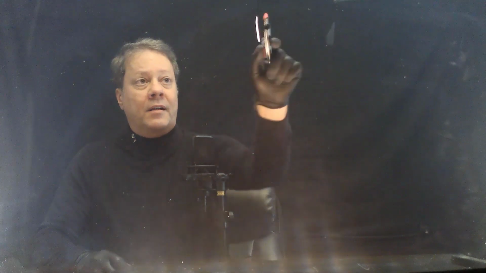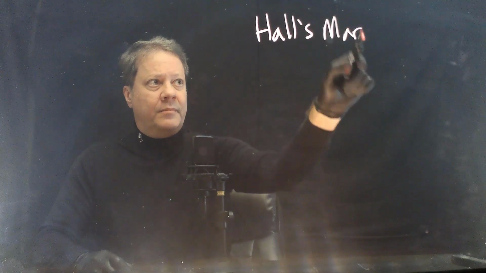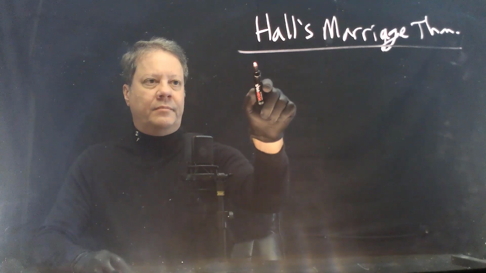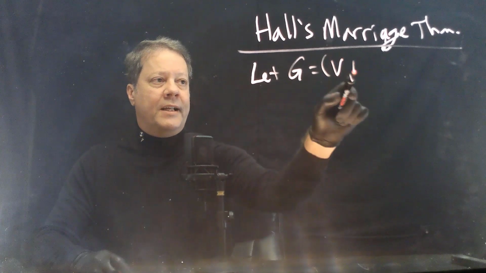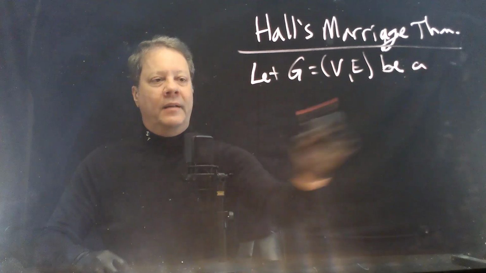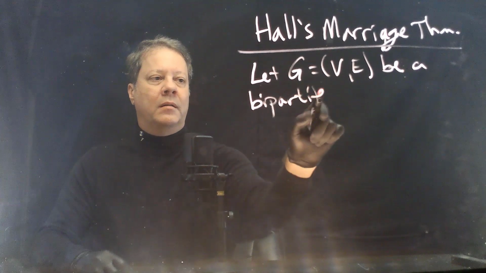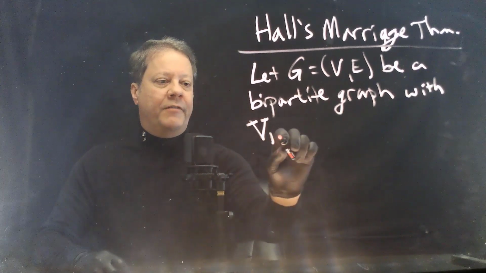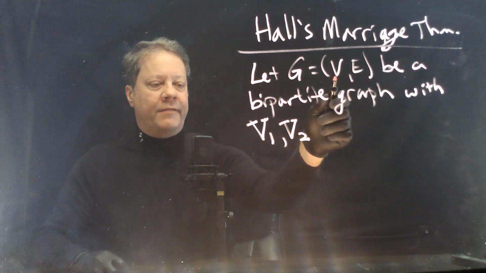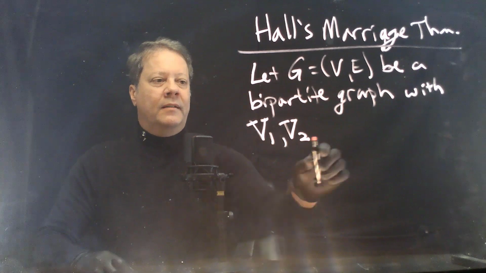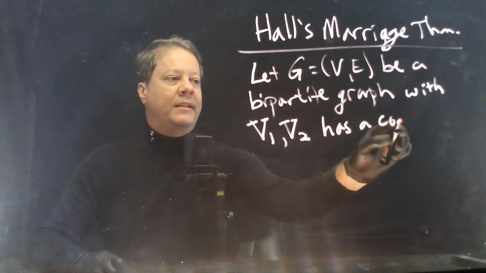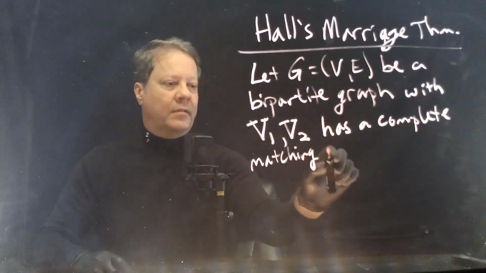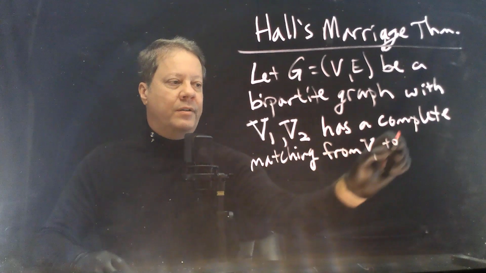There is something called Hall's marriage theorem. And it goes like this. Let G, with vertices and edges, be a bipartite graph with the bipartition being V1, V2. So the set of vertices will be the disjoint union of V1 and V2. This will have a complete matching from V1 to V2, but not necessarily the other way,